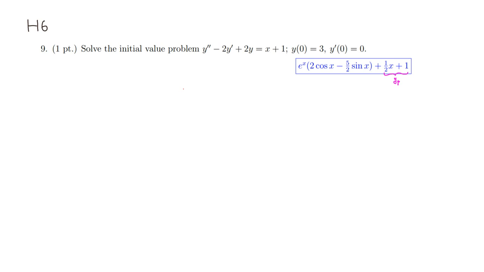All right, so let's look at the characteristic equation here. So we're going to have r squared minus 2r plus 2 equals 0. Right? So I'm going to use the quadratic formula. So you have r is equal to,